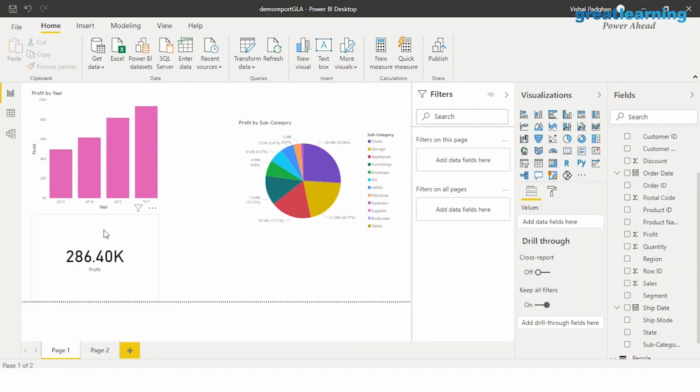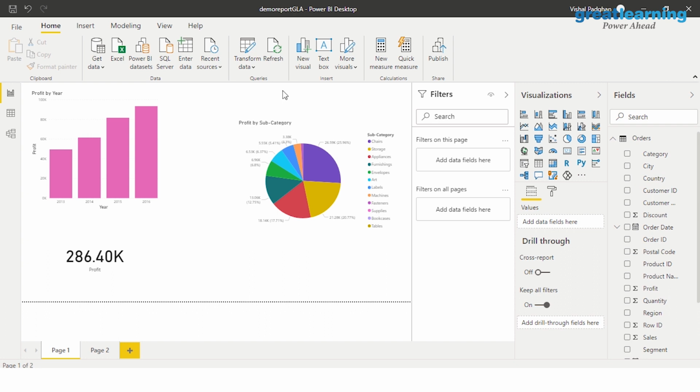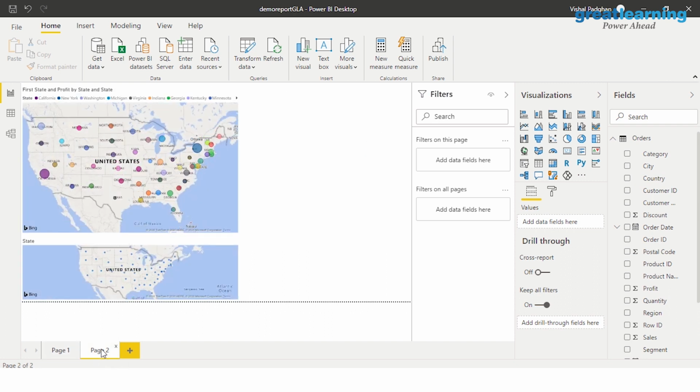So this is how you create different visualizations in Power BI. And these are the different things that you can do with Power BI at length. I hope that you've understood all these details, as in how Power BI works, what all can you do with it, what are the types of visualizations that you can have in Power BI, and how to play around with all the data that you have. So you can keep experimenting and keep trying, keep creating more visualizations. There are a lot of things that you can work around in Power BI.